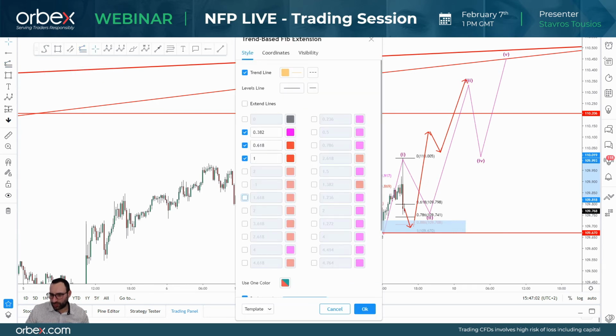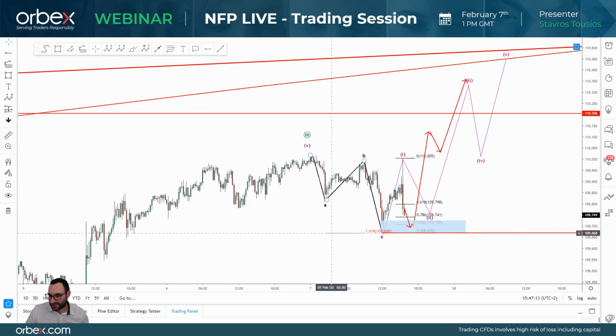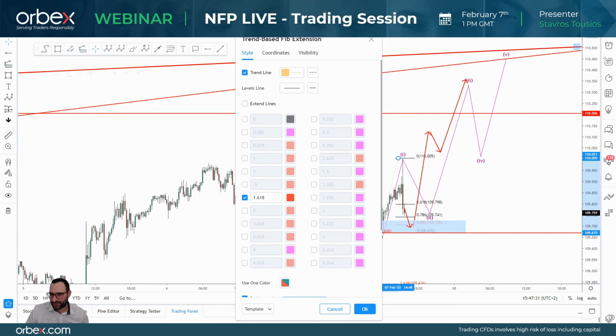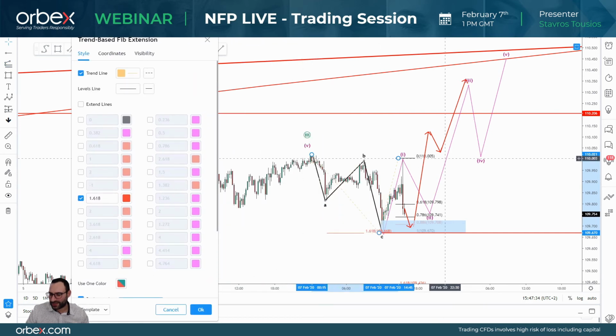Now, if we look at the 161 extension over here, this is for wave 1, A and B, okay? The Fibonacci extension gave us exactly this level, right? So we've had A, B, C. Now, what is left to do then, right? We need to check at this level again, but this time we need to take the whole wave ABC and go all the way up to this high at 110.005, which is a very good, strong resistance as well, a psychological level, where we have a lot of orders coming through.